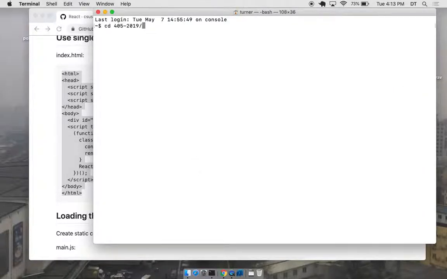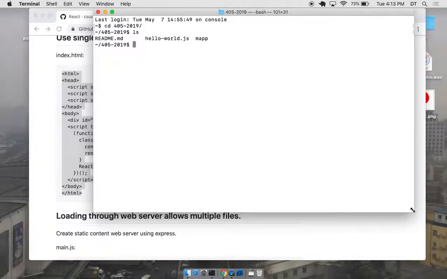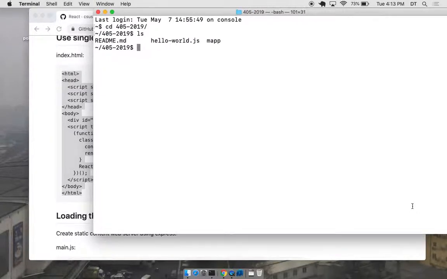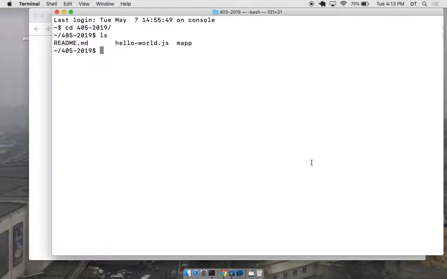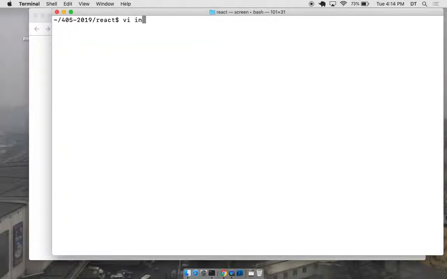And let's do this. So we've been looking at this MAP application that we generated using Express, what was it called? Express Generator, I think. That's all right there. So I want to make a folder. Let's make a folder called React, just for our React experiments. And let's look at that one example